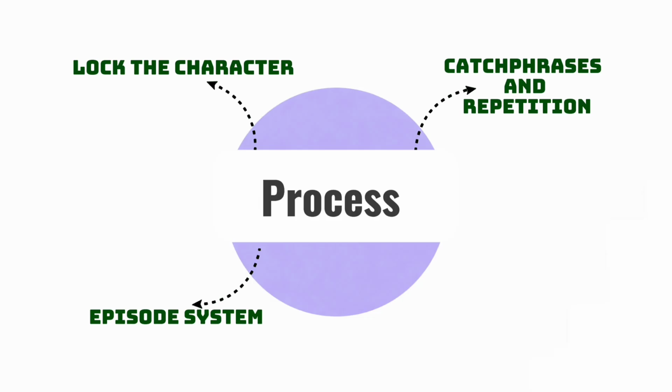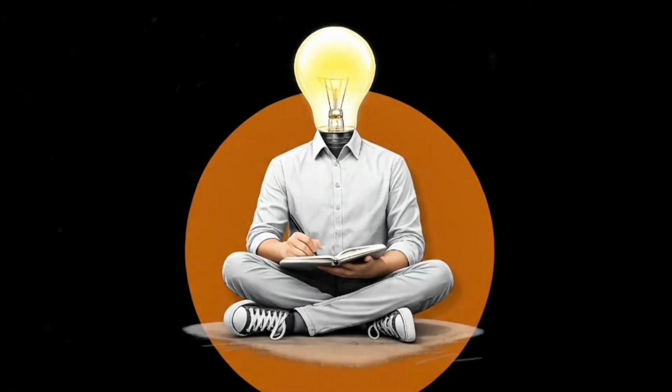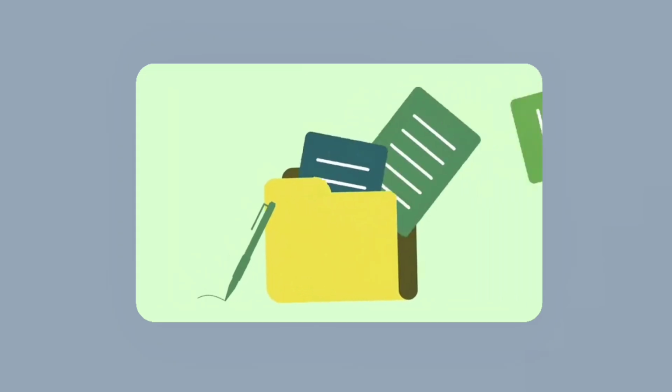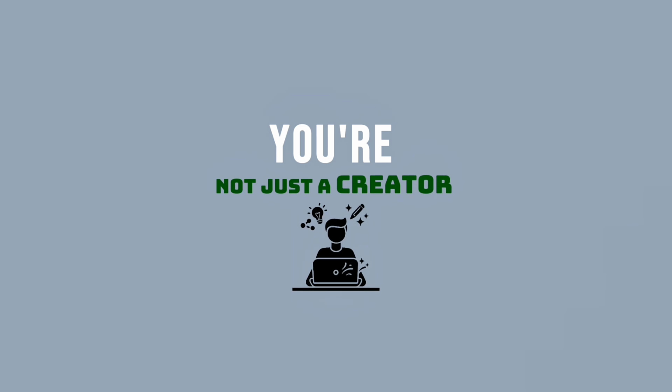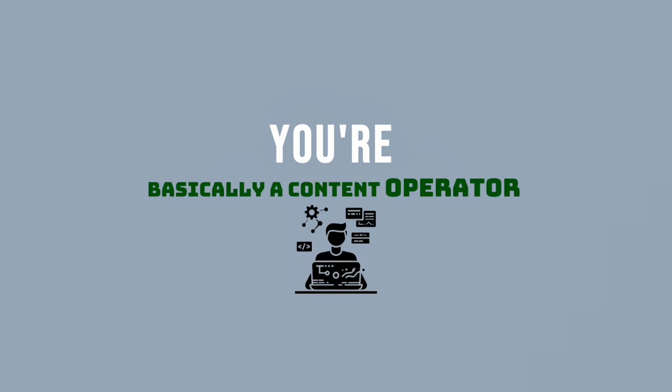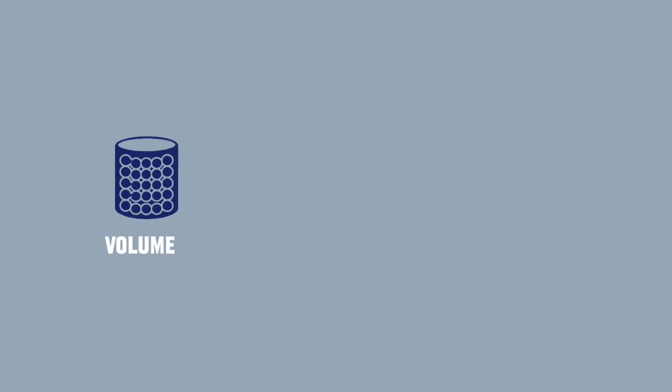Step number 4, scale mindset. You are not going to sit and write every day, right? That is why you need a weekly system. Generate 5 scripts daily using ChatGPT and prepare your mindset, because here you are not just a creator. You are basically a content operator. A creator thinks in an artistic way, but a content operator is focused only on results. What is the job of a content operator? Bring volume, maintain consistency, increase speed, and ChatGPT will help you do all these things. You just need to keep asking the right questions.